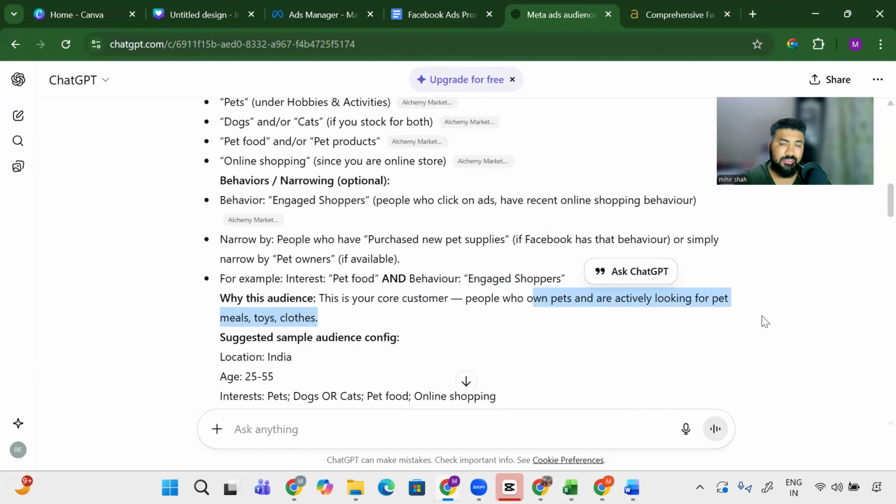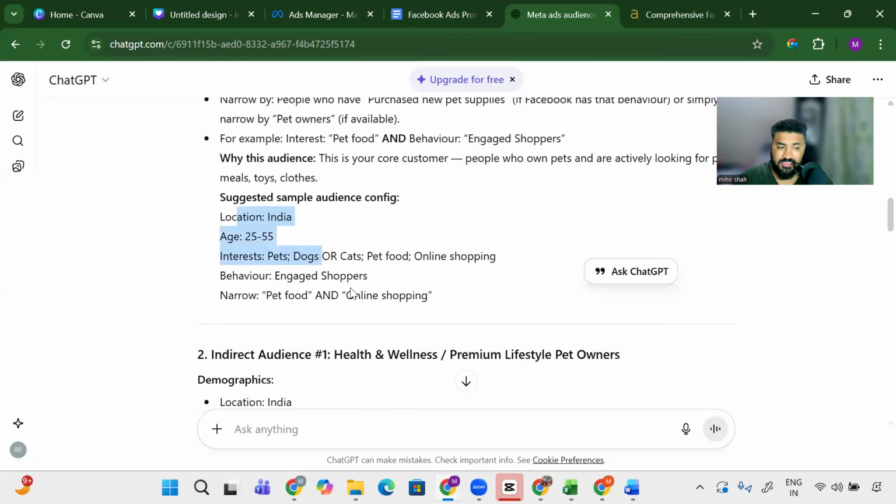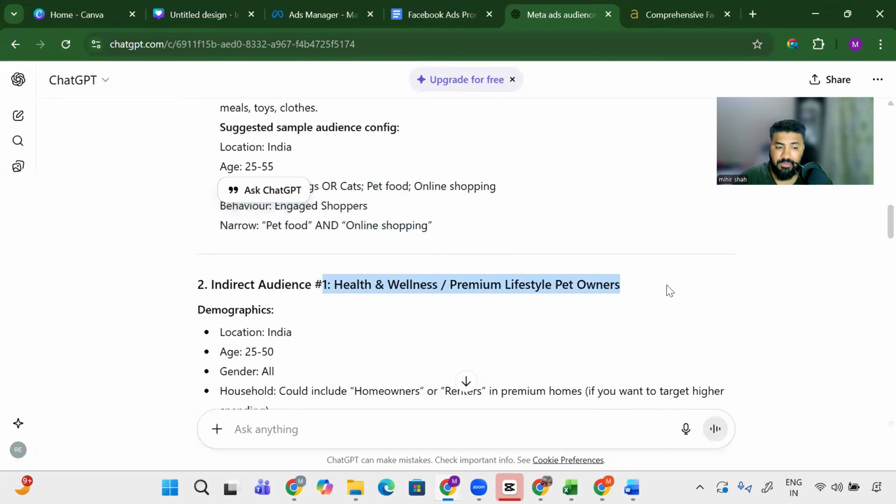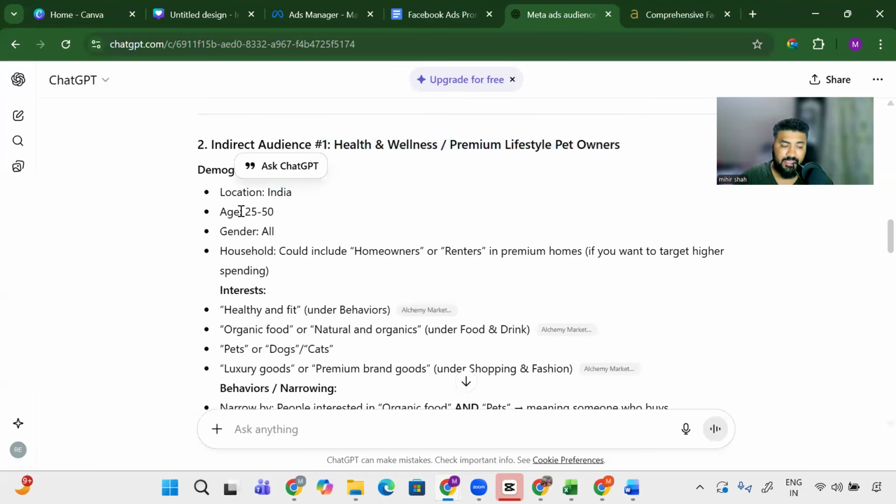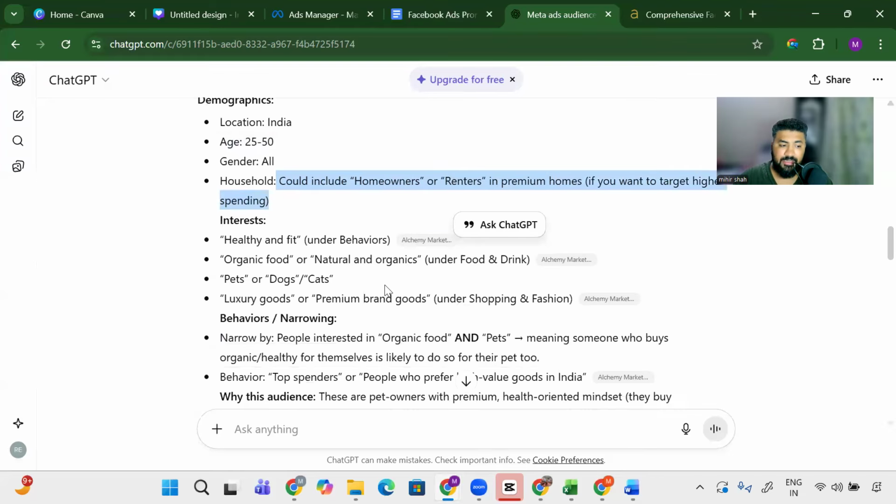And here ChatGPT has practically done this job for me. It is giving me a suggested configuration as well. Now, let's say, for example, what about the other people? Let's not talk about our direct targeting, which is about pets, but what about the other people? In this case, you have location as India, age so and so, gender, household income, homeowners, renters, etc. Interest is healthy and fit, under behavior, organic food and natural organic stuff, pets or dogs, luxury goods, premium brands,